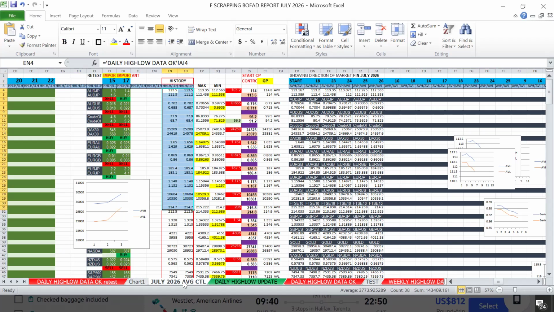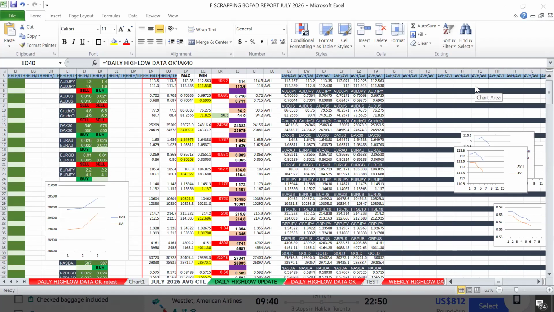So the daily data high and low is very, very important to help us monitor the extreme positions of the market or not. Yeah, so as we're discussing,